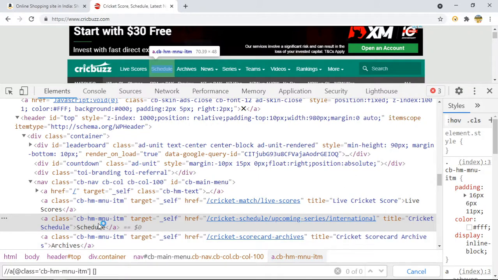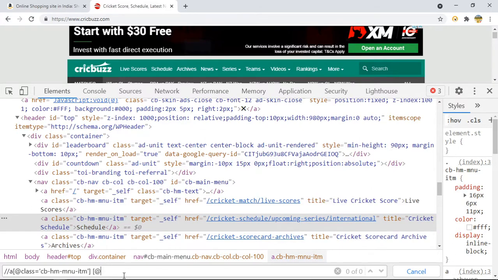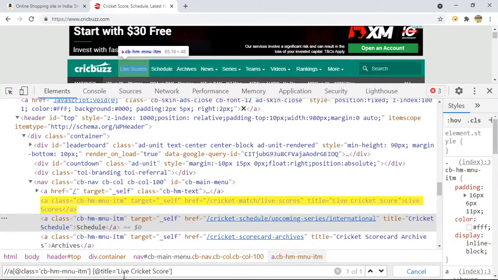Like here we are talking about this one, right? You can see I want to go to this particular place only, not to the other, because we are having three matching elements. So I can take one more attribute here, like if I say @title. So you can keep on concatenating till live cricket score. Now you can see I have put one more attribute, so this is giving me the unique one.